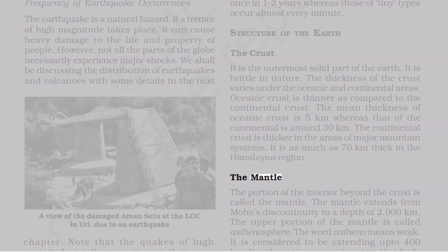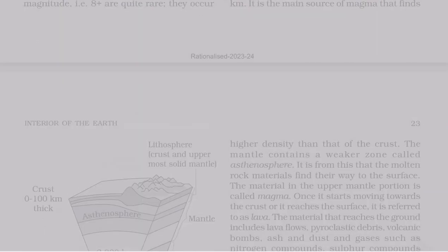The mantle. The portion of the interior beyond the crust is called the mantle. The mantle extends from Moho's discontinuity to a depth of 2,900 kilometers. The upper portion of the mantle is called asthenosphere. The word astheno means weak. It is considered to be extending up to 400 kilometers. It is the main source of magma that finds